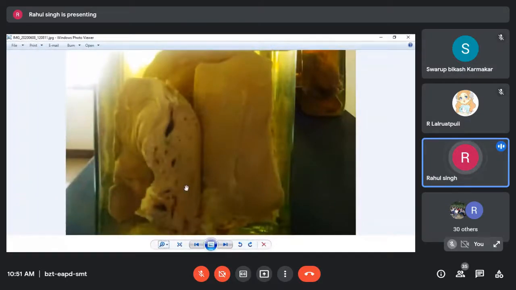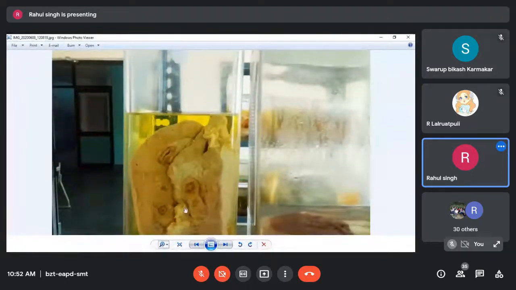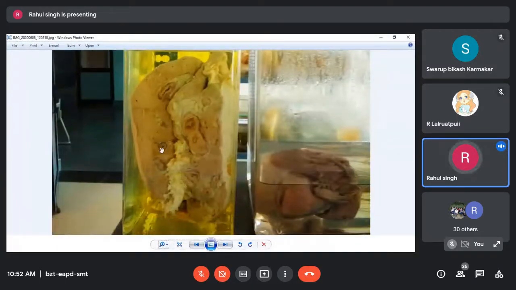This is the liver of Fasciola affected cattle. Picture is not very good, but you can see the bile duct has enlarged. The biliary system shows very wide lumen, and inside them there is presence of Fasciola. This specimen is better. You can see thickened enlarged bile duct on the cut surface of liver.